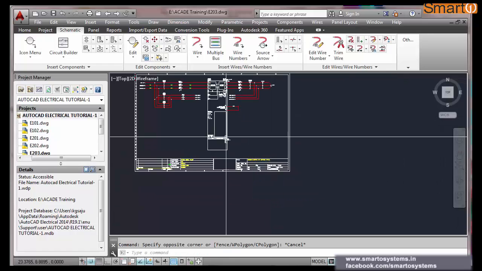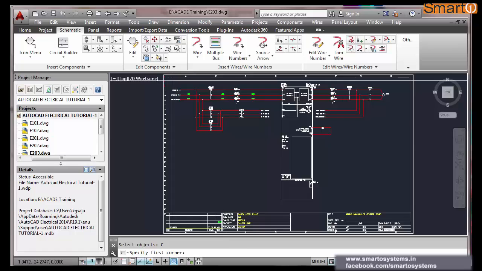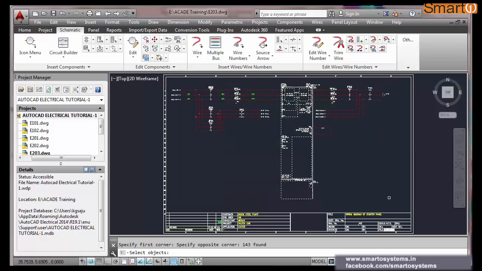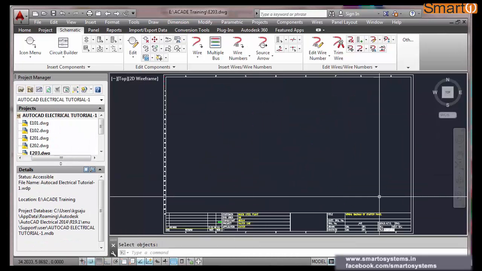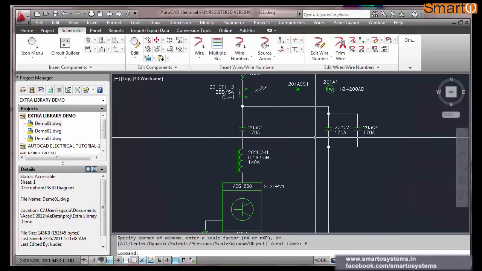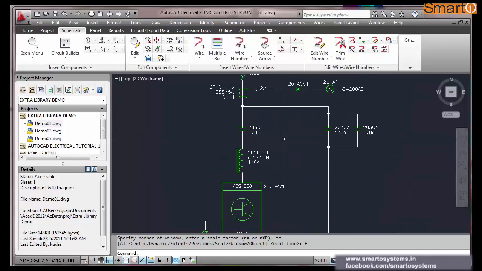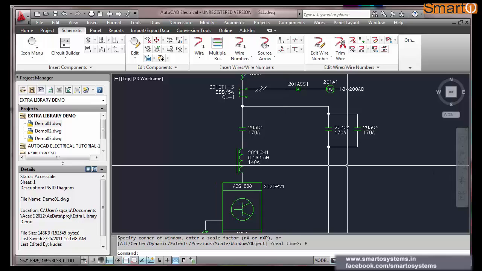Now this is over. Okay, sheet number 203 is ready, and now we have to make the control. Control in the sense, see here you see drive bypass. We have to select this. How can we select the drive and bypass? For that we may require to install a selector switch on the panel, through which we can select drive or bypass.